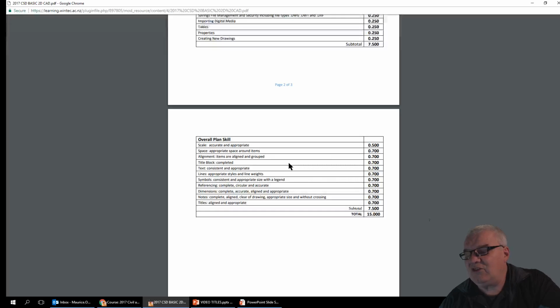Space, obviously the plans don't want to look cluttered. They want to look nice and even with a good amount of white space. Aligned, things need to be level and horizontal, reading left to right and that sort of thing. The title block completed, not half finished. Text is right, the right size, and it's